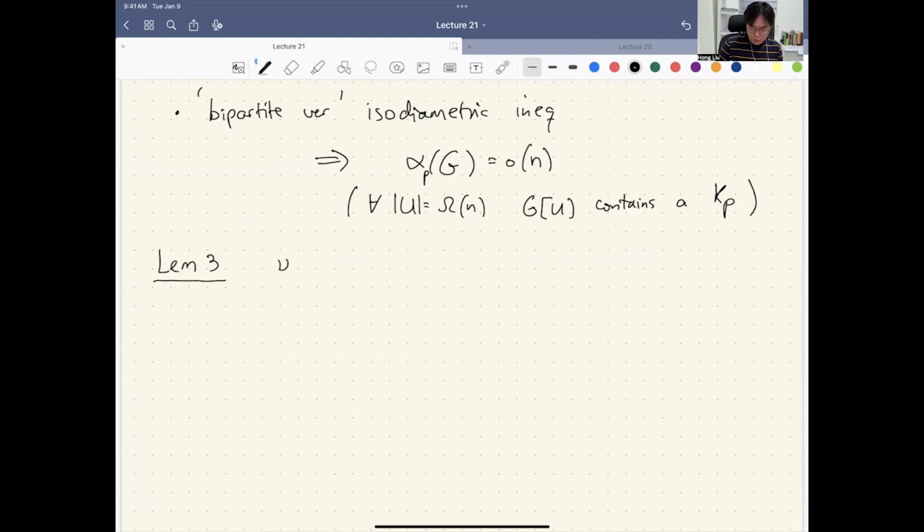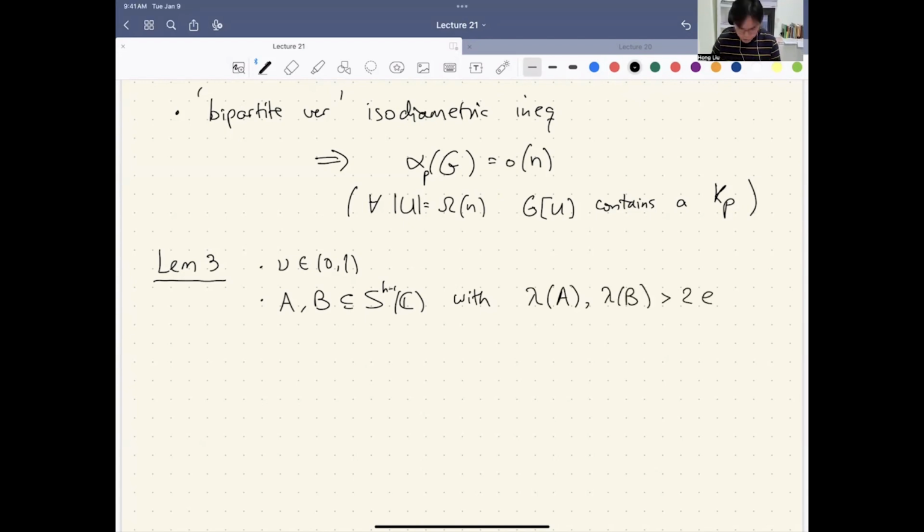Given mu between 0 and 1, and given two sets A and B, which are subsets of the complex sphere in H dimension, with normalized Lebesgue measure not too small, positive measure, at least 2 times e to the negative h nu. Then